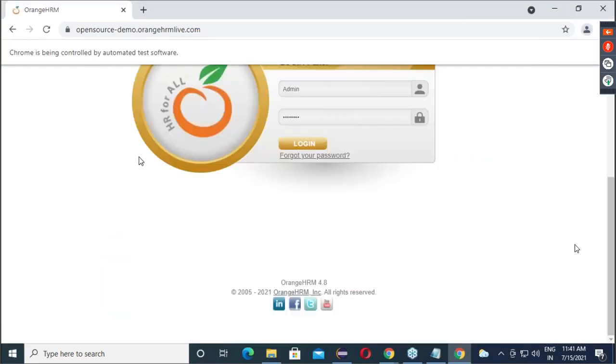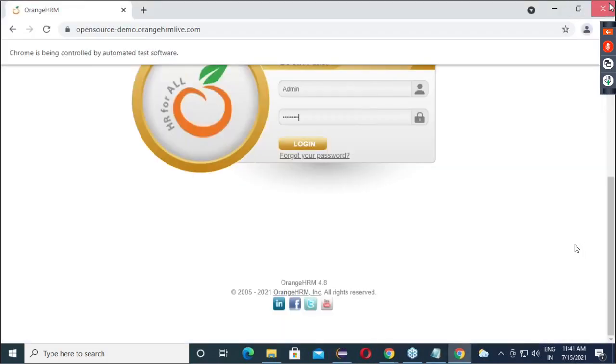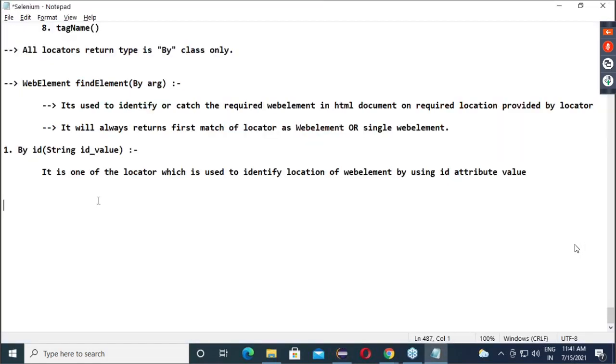Is it working? With ID also, with name also. That means, guys, we can take the second method here, By name, with a string name value.